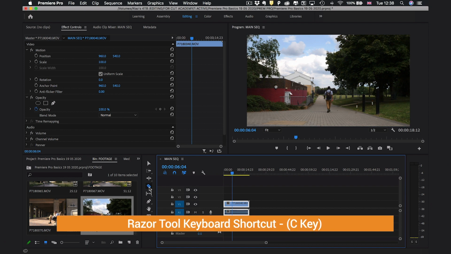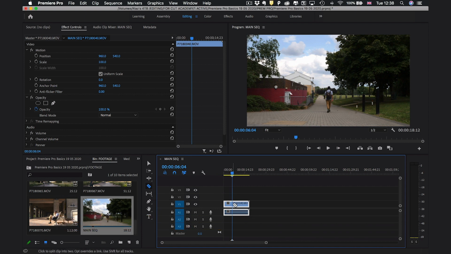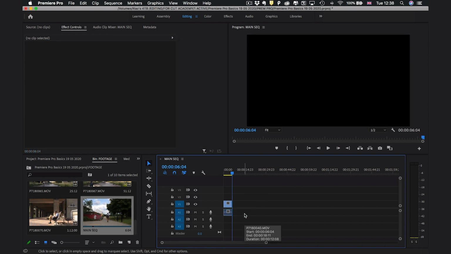I'm going to press C and that automatically selects our razor tool. Now I want to finish our clip here, so I'm going to hover over the playhead and left click once, and as you can see, that's now split our two clips. What I can now do is select this excess material here and just press backspace, and that clip is now